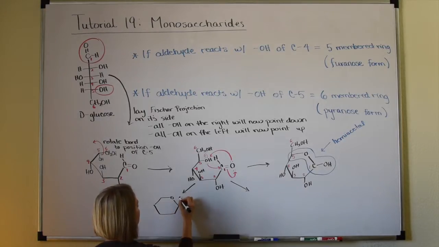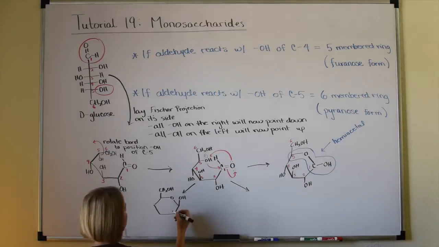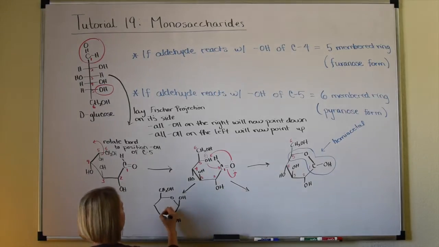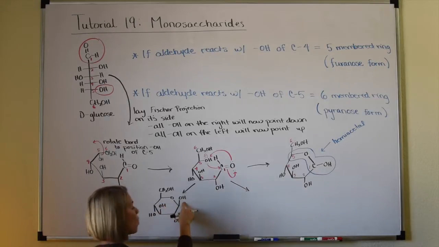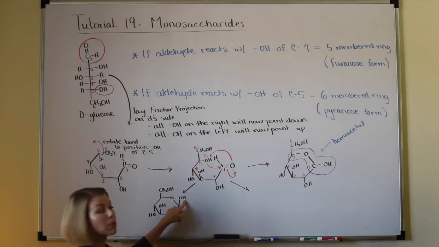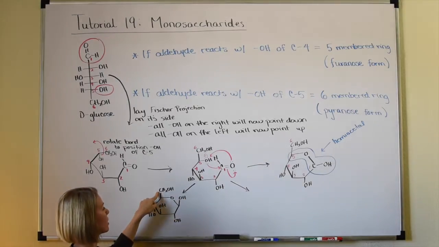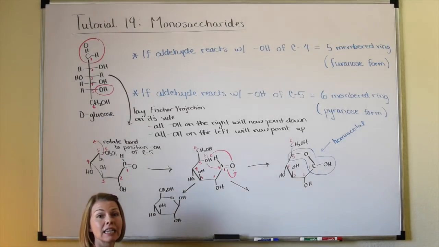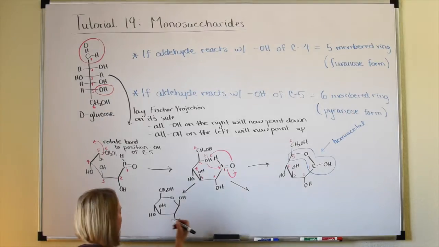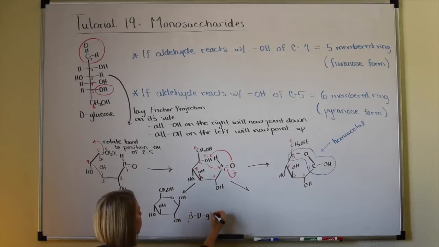Okay, so first I'll draw my OH pointing up. That is on the same side as the CH2OH. Everything else is the same. When the OH is pointing on the same side as the CH2OH, that is, they are both pointing up, we say that we have the beta configuration. So this can be called beta D-glucose,